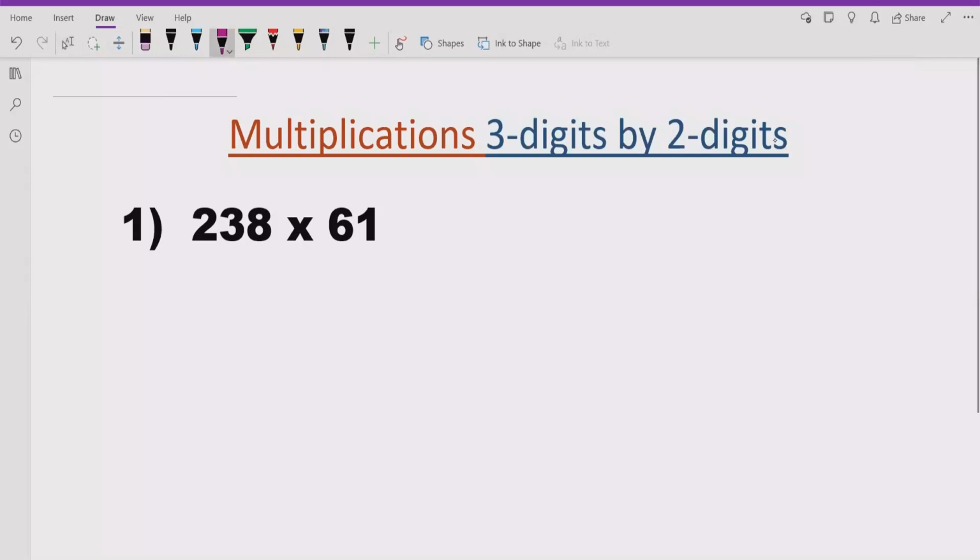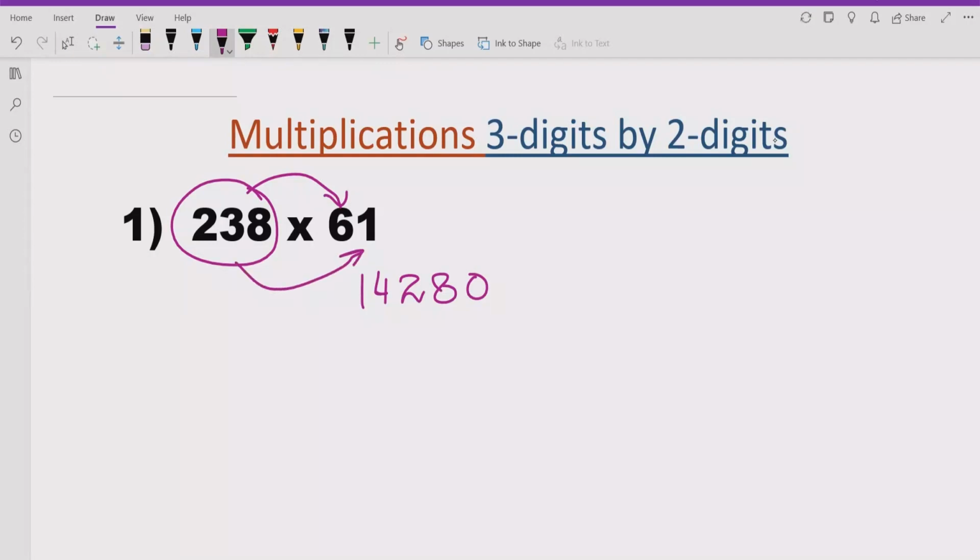So first we will multiply this number with 6 and we will get the answer is 1428. Now add 0 here because the number should be in 5 digit. And after that, multiply 238 from 1, you will get 238, right? So then add 8, 1, 1 is here, is 5, and 4, and 1. So this is the answer of this number. The answer is